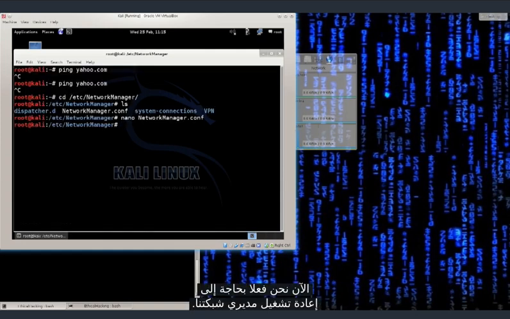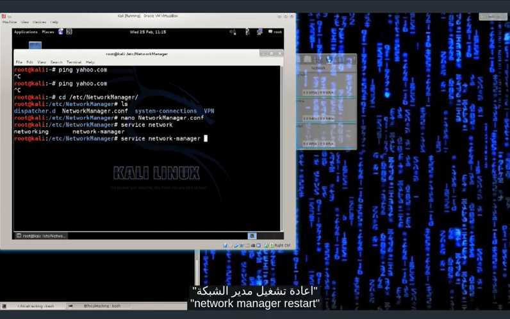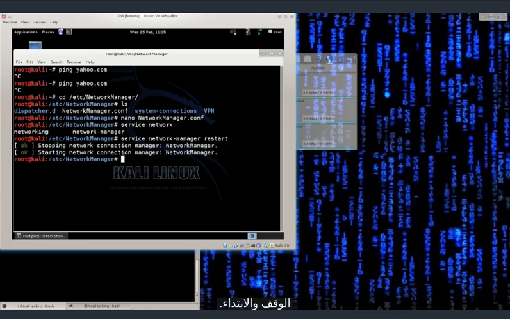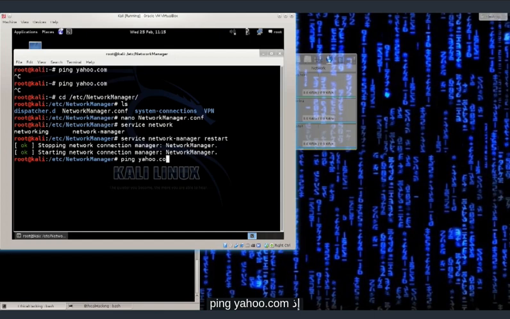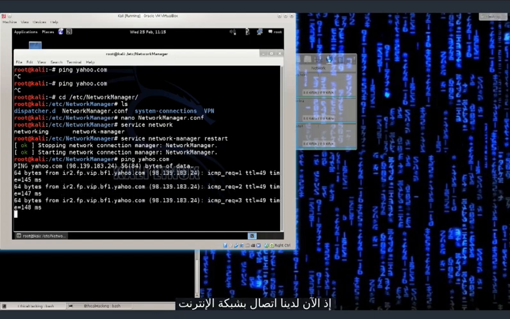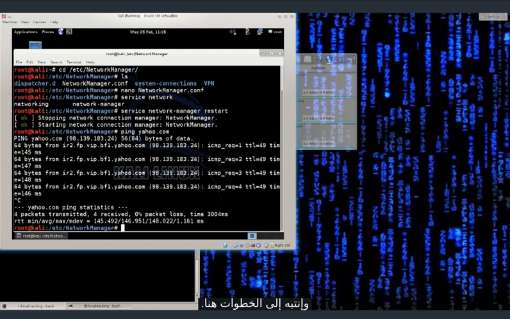Now we need to actually restart our network manager. So just go ahead and type in service network-manager restart. There we go. Stopping and starting. Excellent. Connection established. You are now connected to ifupdown eth0. Let's check the connectivity. So ping yahoo.com. Excellent. So now we have internet connectivity,